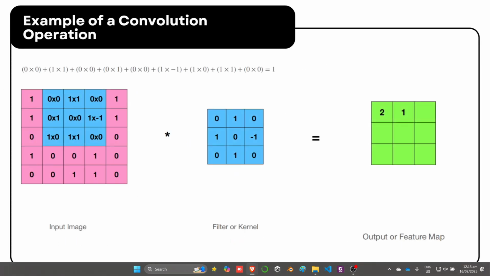So how do we get the next digit? As you may have noticed, we simply shifted the matrix by one step here. And then we multiply it out again, and we get the value 1 in this case. So we're multiplying all these values and solving them individually. So you get the value 1.